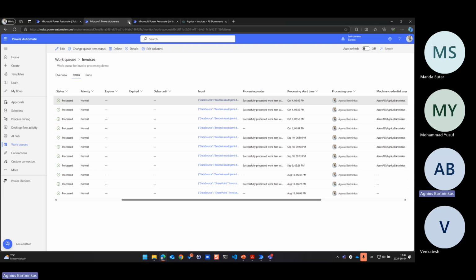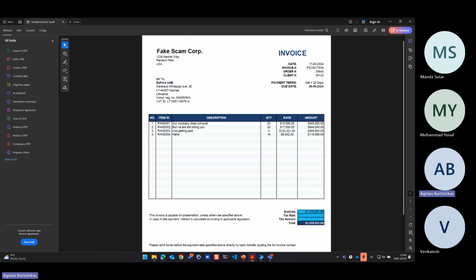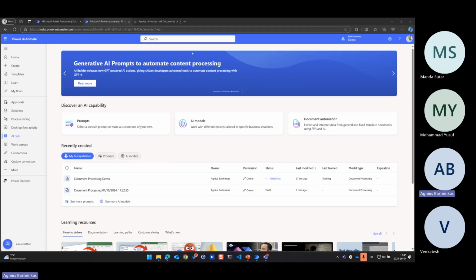All right, and then I've got an invoice that looks something like this. This is a fake invoice. I've created one myself, from a fake scam corporation that doesn't exist but is still billing us, just for the purpose of adding some humor to the demo. And I'll just push it through, and because it takes a few seconds to actually process it,